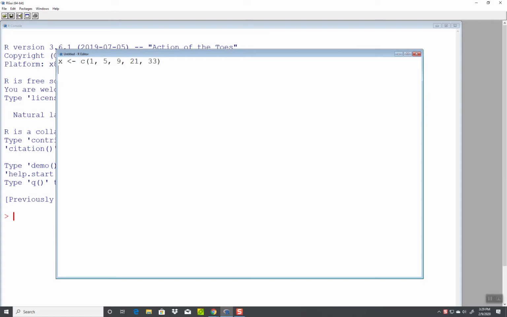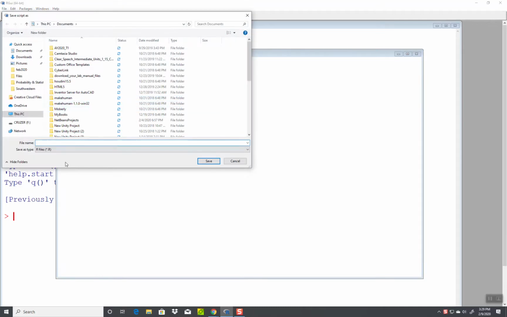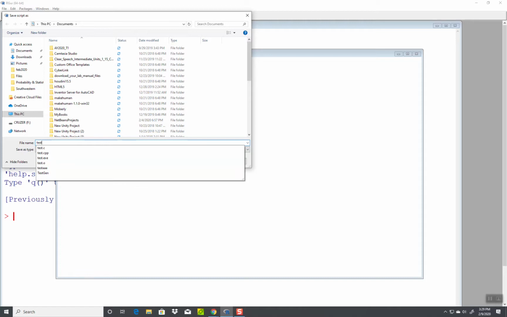Then here I can actually type my code. So like if I wanted to find the mean, then I would type this. Now if I save this, so I do a file save, it'll want to save it with a .r extension. That's fine. I'll call this test.r